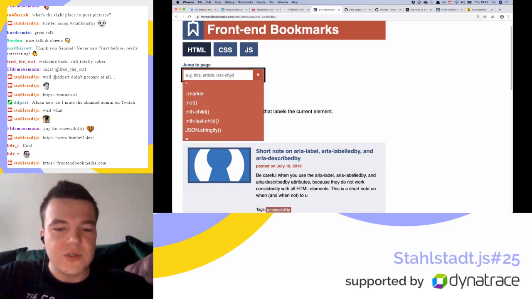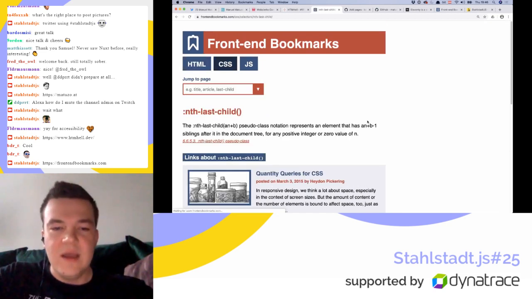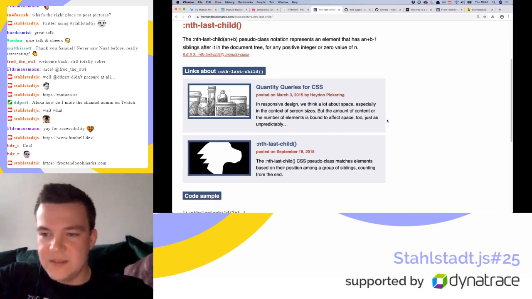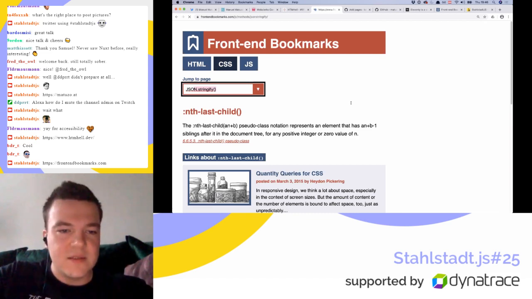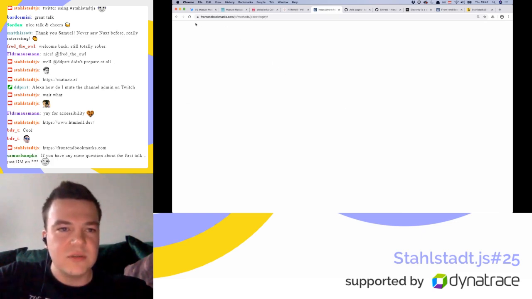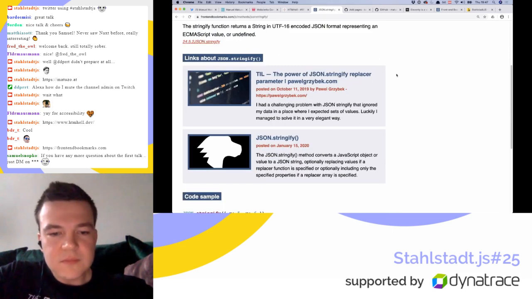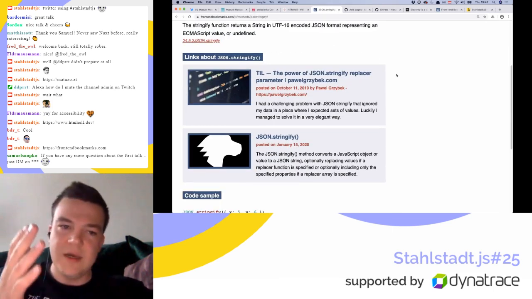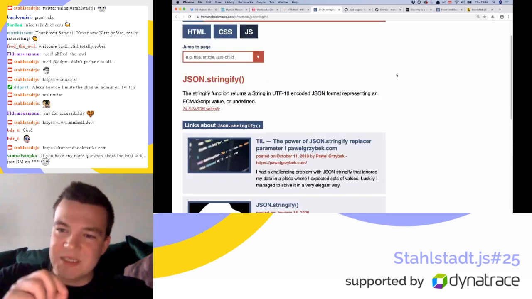There's also a search, so you can search, for example, for nth last child, and then you will see all the articles related to nth last child. Or, for example, JSON Stringify, and you will see articles that someone wrote about JSON Stringify. My connection is slow for some reason. Yeah, here it is. So it's pretty much just a collection of links about front-end stuff, but very specific to